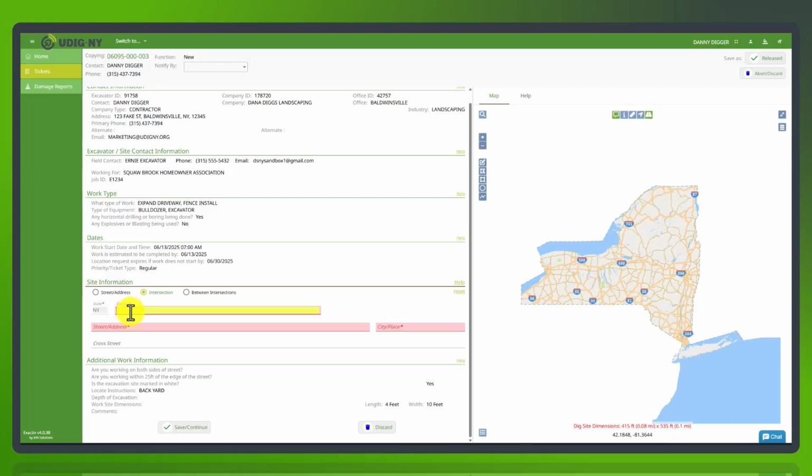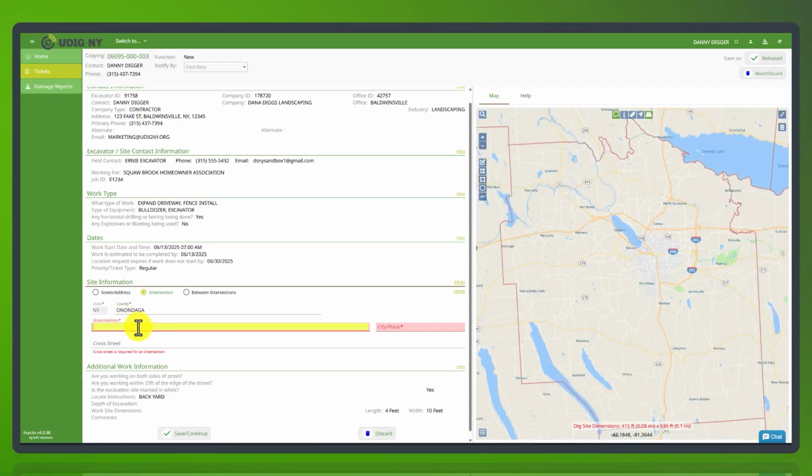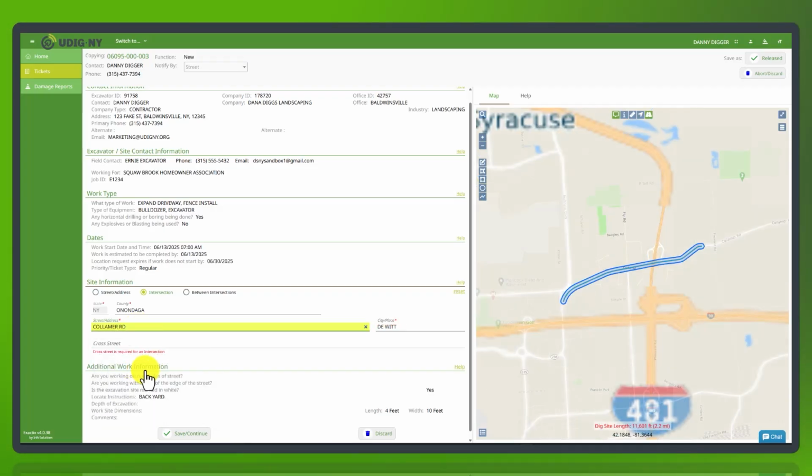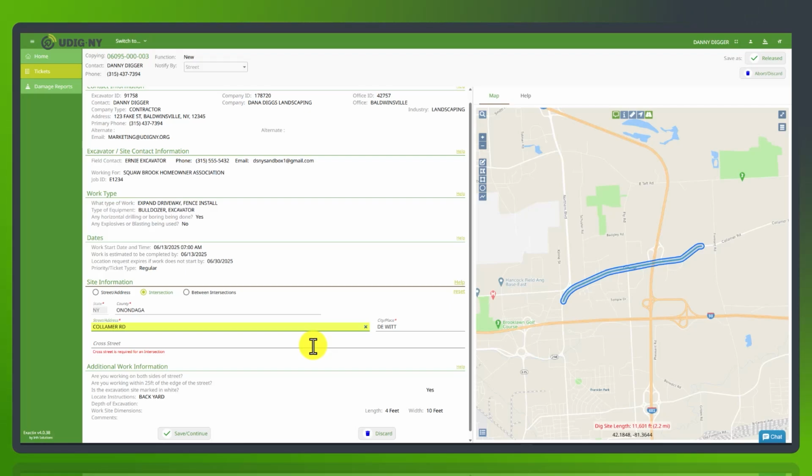Here, enter the name of just one of the intersecting streets. A drop-down will appear. Simply select the correct street from the list. Once selected, the place field will automatically fill based on your street choice. If your street doesn't appear in the drop-down, you can manually type the municipality name, then press Tab to move